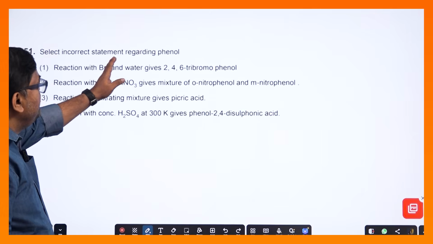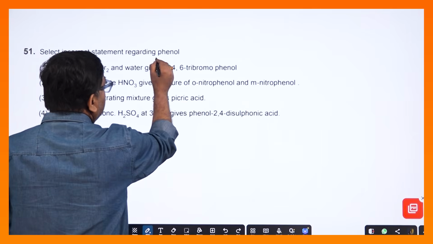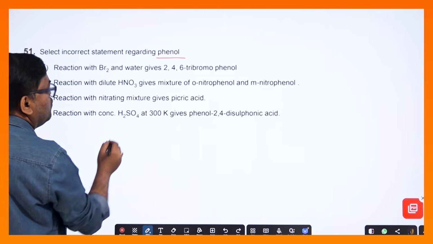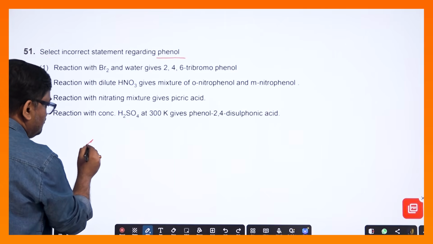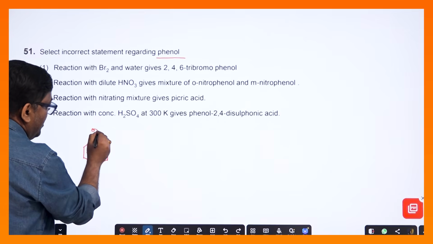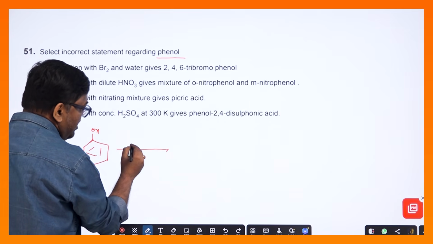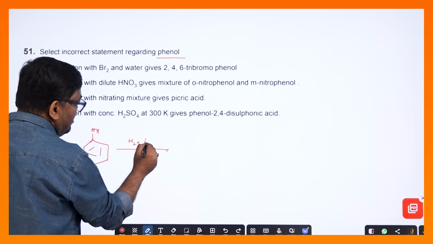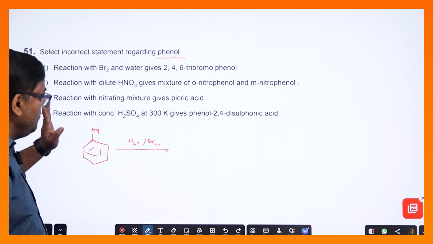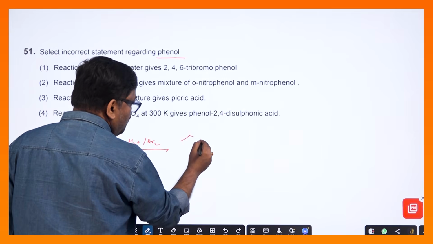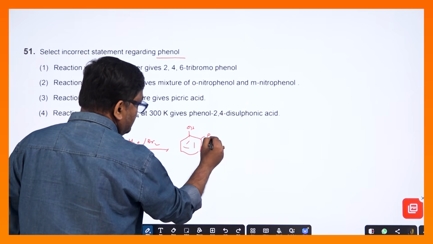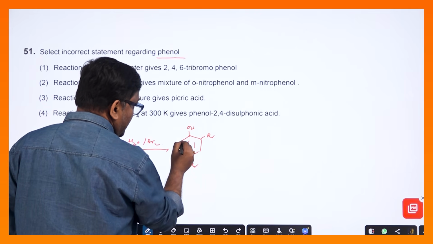সিলেক্ট দ্য ইনকারেক্ট স্টেটমেন্ট রিগার্ডিং ফেনল, ফেনলের সম্বন্ধে ইনকারেক্ট স্টেটমেন্ট বলেছে, বলেছে ফেনল রিঅ্যাক্টস উইথ Br2 অ্যান্ড ওয়াটার গিভস 2,4,6 ট্রাইব্রোমোফেনল। এটা আমরা নিশ্চয়ই পারি, কারণ ফেনলের যখন ওয়াটার মিডিয়ামে ব্রোমিনের সঙ্গে বিক্রিয়া করাই, তখন এটা ফেনলকে ফেনক্সাইড অ্যানায়নে কনভার্ট করে, এবং সেটা একটা অ্যাক্টিভেটিং কমপ্লেক্স ফর্মেশন হয়। কারণ এখানে যখন ব্রোমিন ওয়াটার দেবো, তখন 2, 4, 6 তিনটে জায়গাতেই ব্রোমিন ঢুকে যাবে। এখানে ব্রোমিন, এখানে ব্রোমিন, এখানে ব্রোমিন।